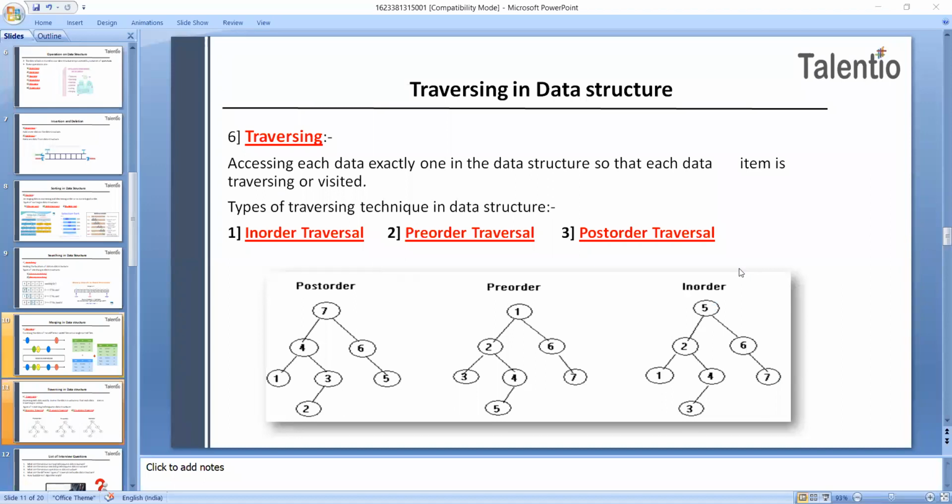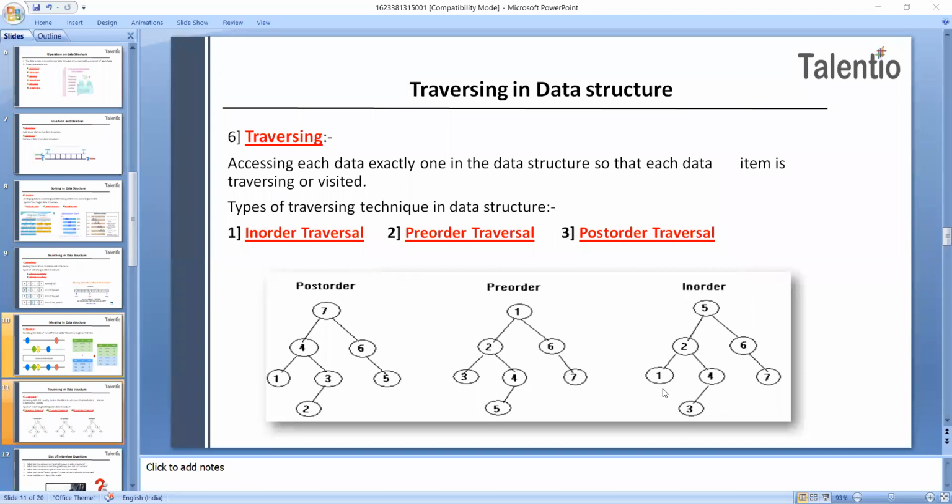Okay, so what will be the algorithm for in-order? I'll tell you the algorithm so you'll understand it more easily. The algorithm runs until all nodes are traversed. For the algorithm, write step number 1. What will be step number 1? Recursively traverse the left subtree. You have to traverse the left-hand side of the subtree first. So this is step number 1.